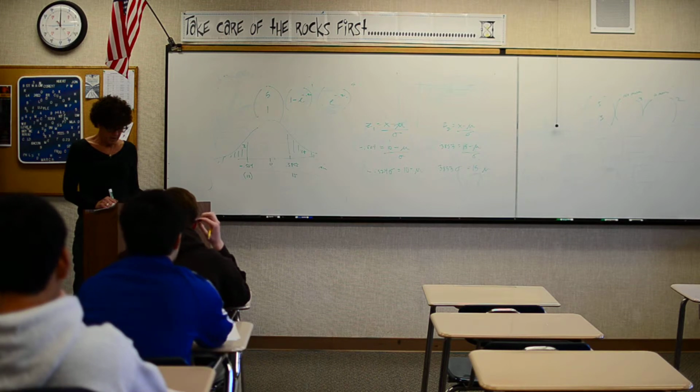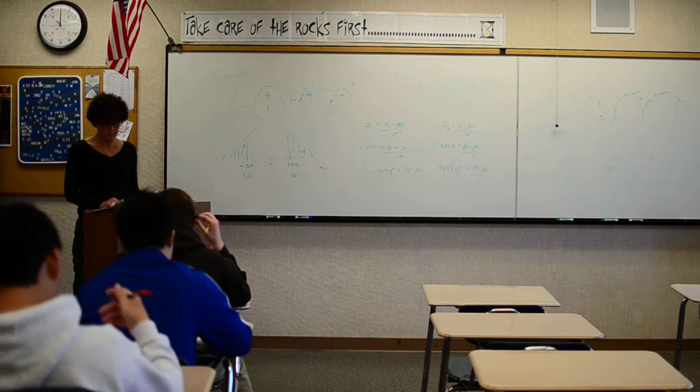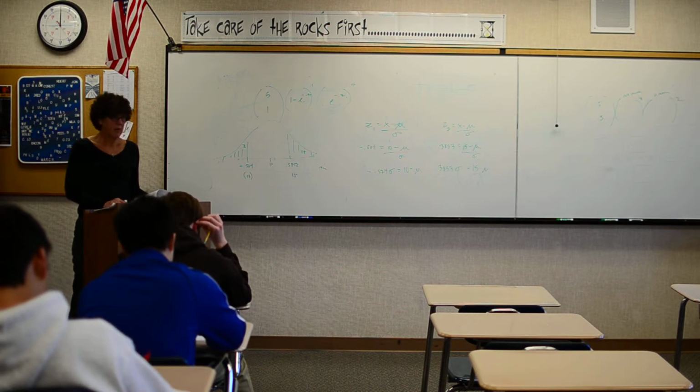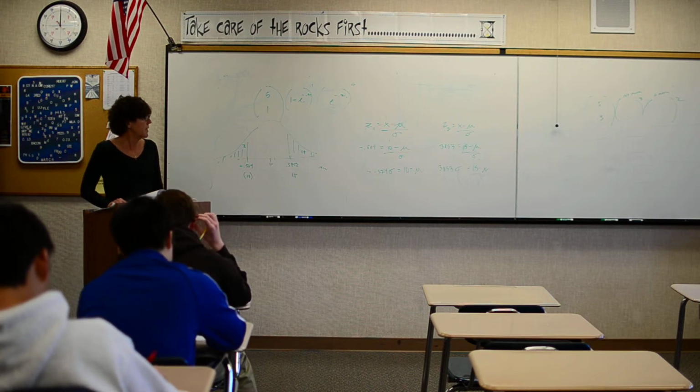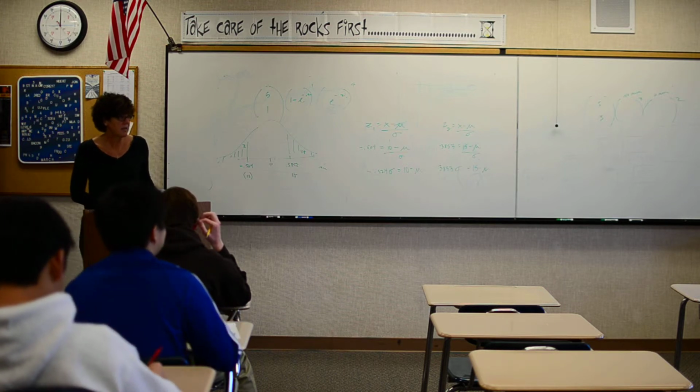Times 6 is 1.5. So our M is 1.5, correct? All right. So what is the probability that if your M is 1.5 and your success is 0,